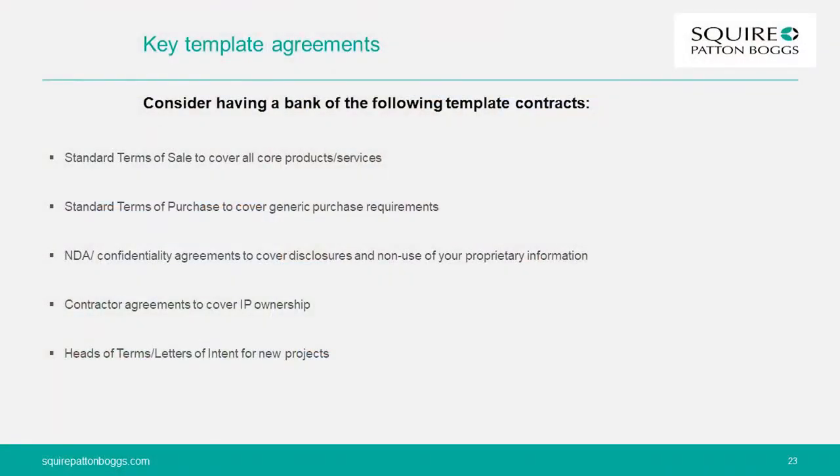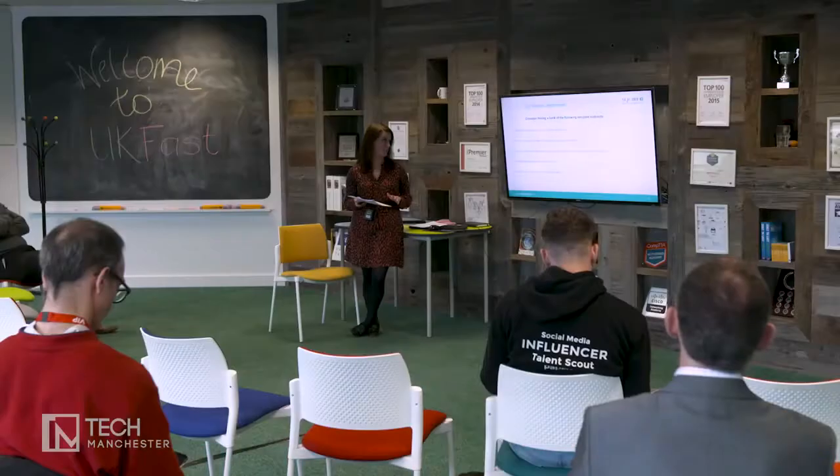So what contracts might you want to have to hand in the future? Well, we've talked about standard terms of sale. They are pretty much essential if you want to manage your risk and your liabilities under a contract. Do you want to have standard terms of purchasing to cover generic purchases? I'd say if money's tight, probably not to bother at this stage. It's nice to have. We often ask for them in corporate transactions. Can you show us your standard T's and C's of purchase?